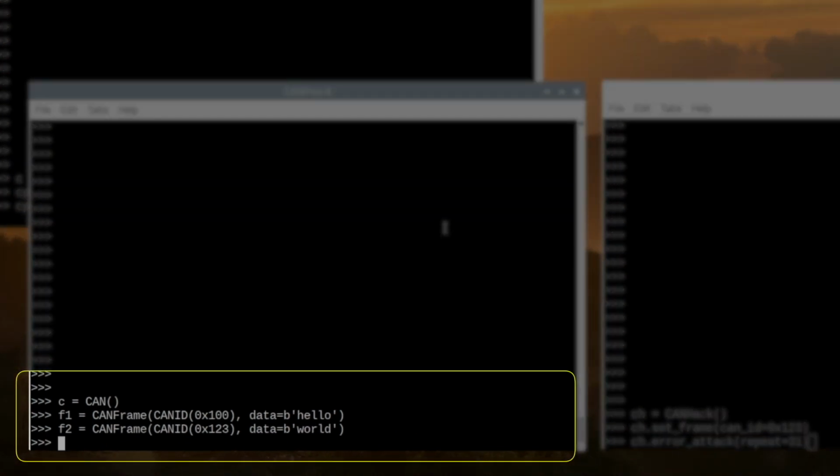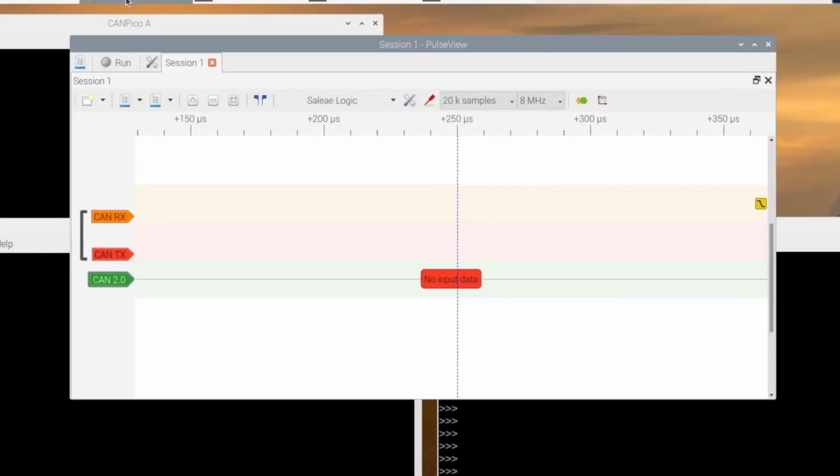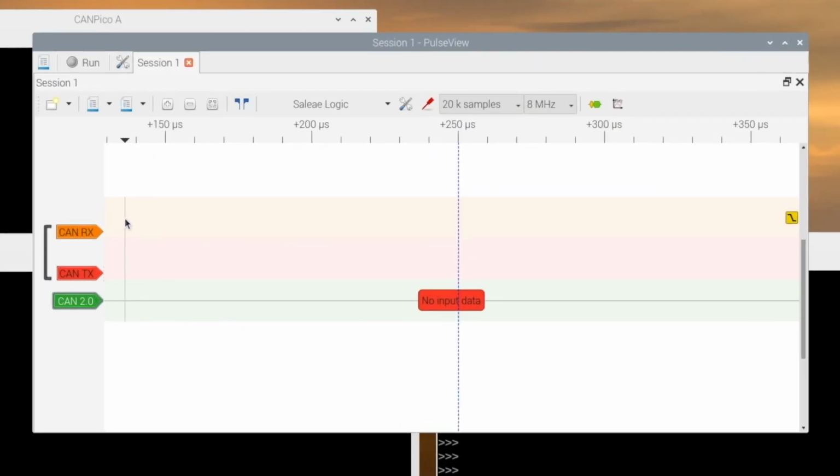So what we'll do is we'll send these 2 frames on F2, and we'll use the logic analyzer, which triggers on a falling edge of CAN RX and has our CAN2 protocol decoder in it.